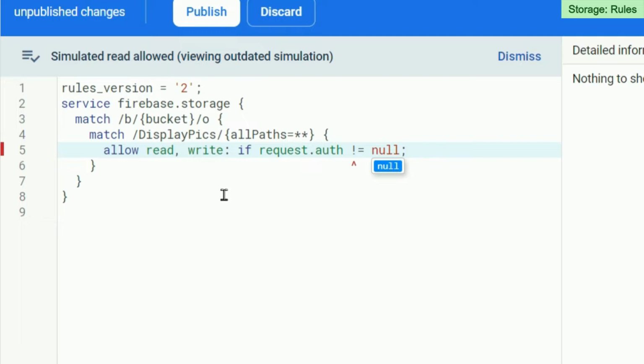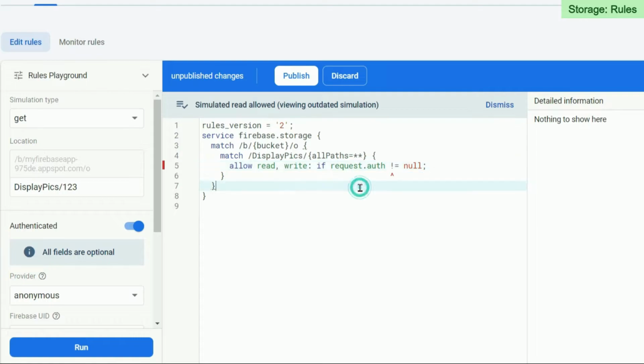If the authentication is null, which means the user is null, we are not going to allow the read or write. Let's publish the rules